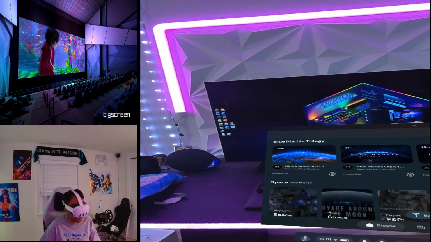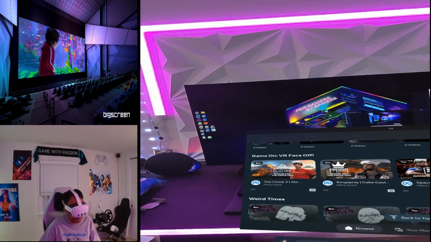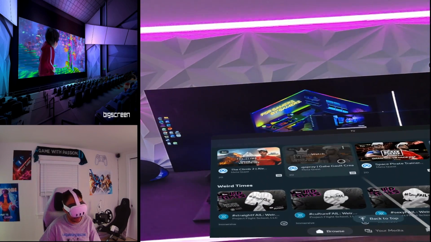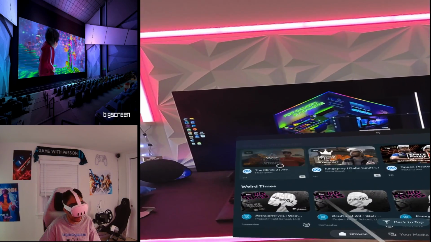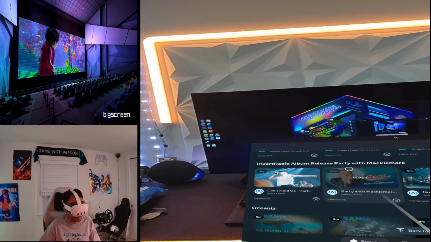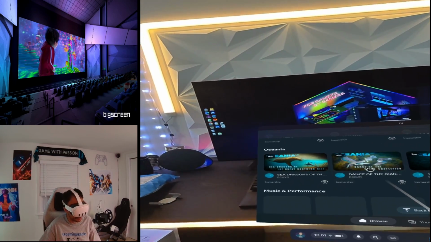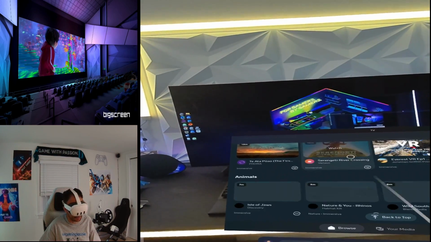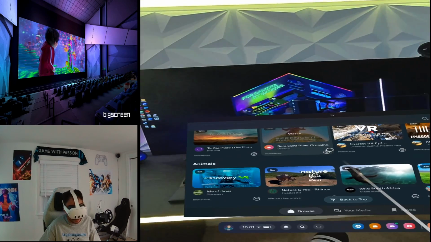Something for everyone. There's sports stuff. There's space stuff. There's this show that is pretty cool, watching the players all play. I hope that they keep doing this series because I think this is fun. The gaming VR face-off where you can watch that. I heard radio concerts, ocean stuff, music performances, exploring the world. Like I said, there's a lot of good stuff on here.